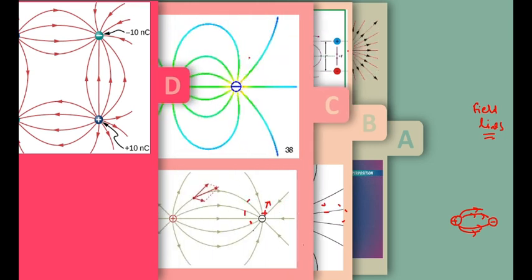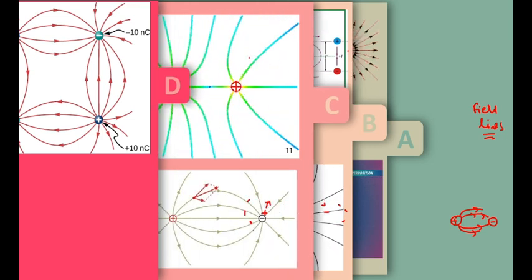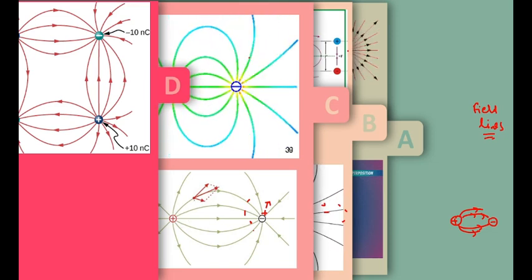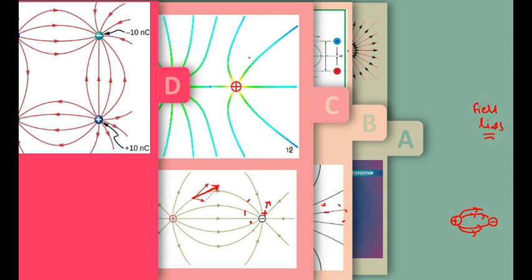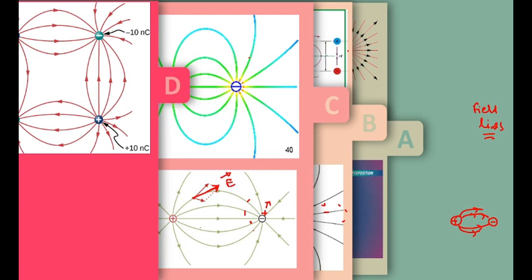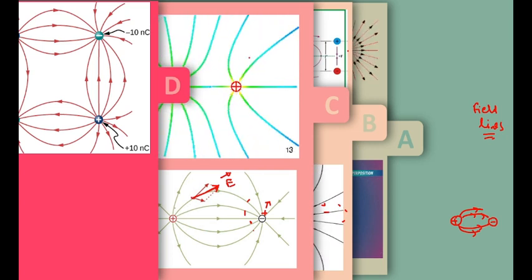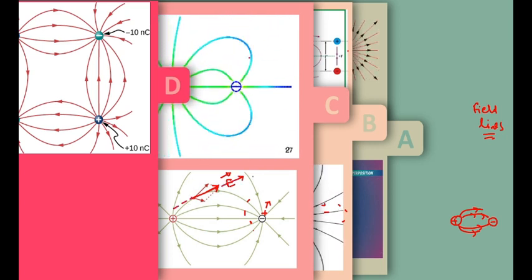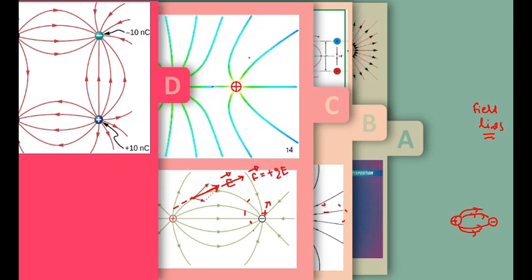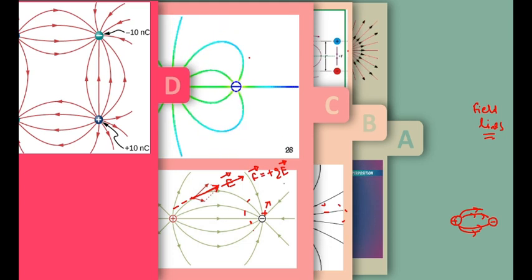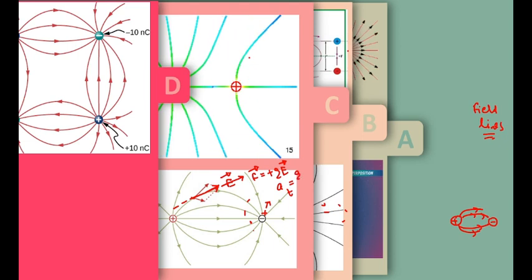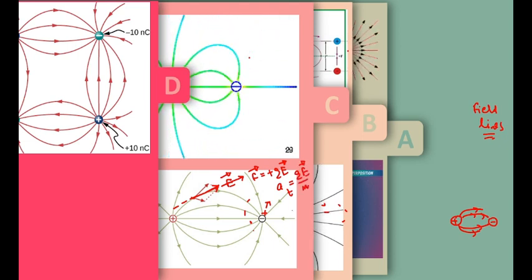Let's move on. Here in this case, you can clearly see that I have taken a field line. This field line is generated from the positive charge and terminates on the negative charge. If I draw a tangent here, this tangent will give the direction of the electric field strength. This will give the direction of the E vector, right? So in this particular direction, a charged particle can experience a force. If I take a positive charge, it can experience a force in that direction, right? So it is possible for the charged particle to have acceleration in that direction also, that is a equals qE vector by m.